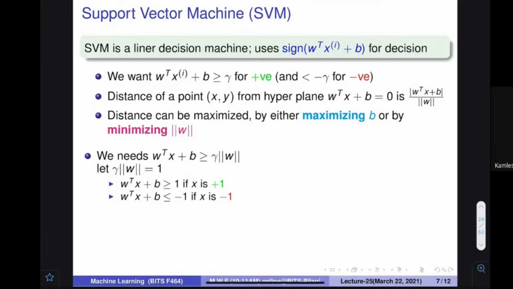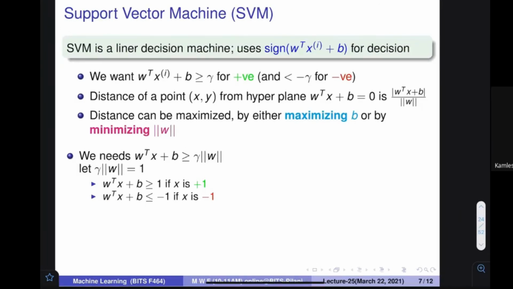We are going to say the same thing that we told a few minutes back: instead of having any value over here that we want to minimize, it is a better idea to have the 1. A few minutes back we talked about this. So we want to make it greater than 1 and we want to make it less than 1, so that we can find out the classification.